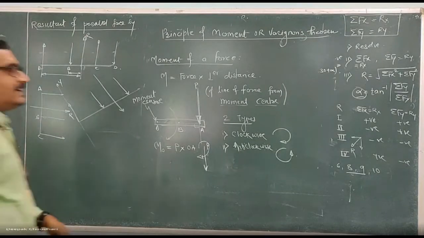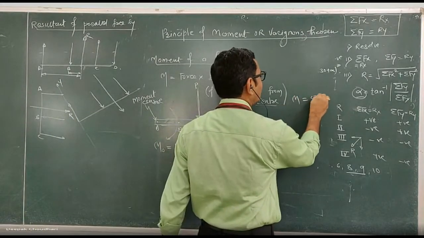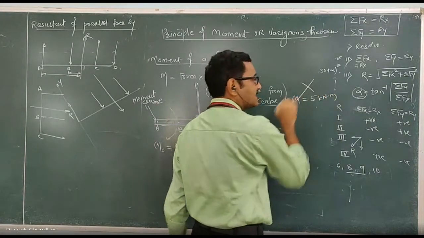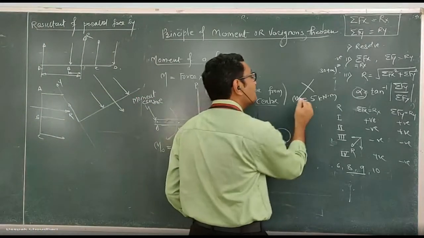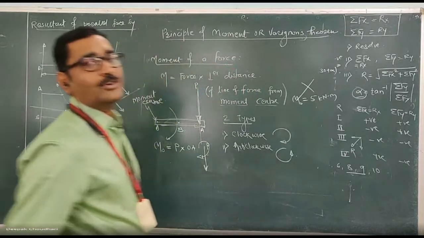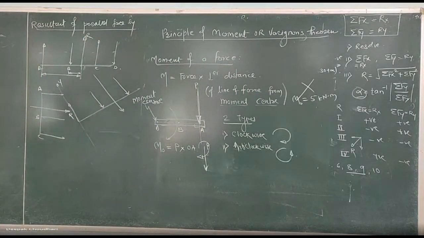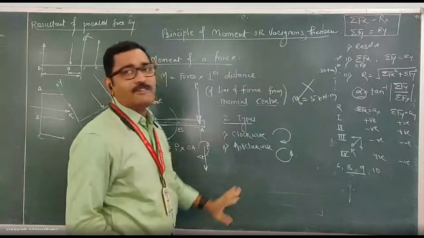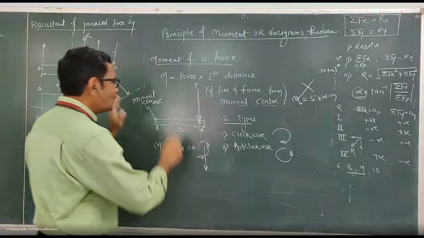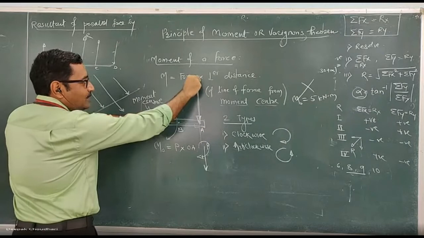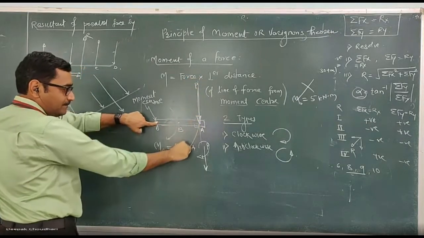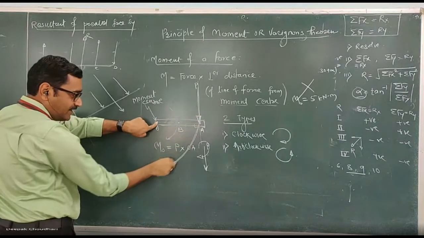Understood? If I say that the moment of a force is 5 kilonewton meter, it has no sense. This is the moment of a force, 5 kilonewton meter, but with respect to which point? That we have to write. Any doubt about this? Have you understood the basic concept about the moment? Are you comfortable how to decide whether it is clockwise or anti-clockwise? What I am suggesting is, imagine, keep one finger on the moment center, and this force is downward. Move in the direction of the force and turn toward the moment center. The moment center is on the left hand side, so turn toward the left hand side, so it becomes the clockwise moment.